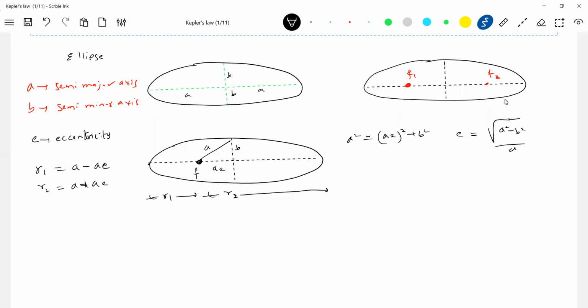So what are R1 and R2? R1 is called the near point, and R2 the farther point. All these are mathematics because I'll be using them here and there. So therefore, I'm just creating the background here.